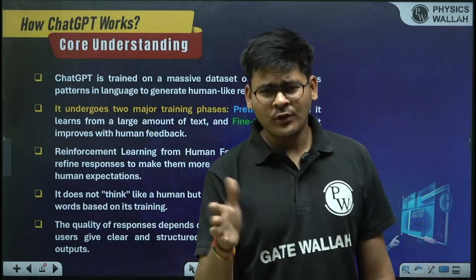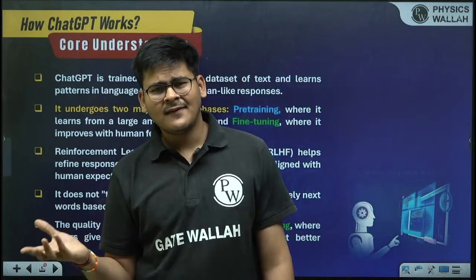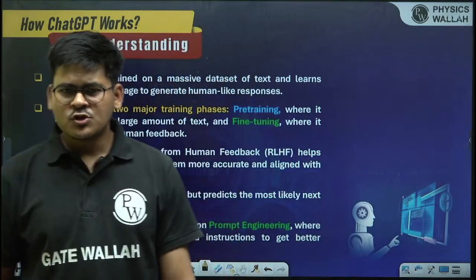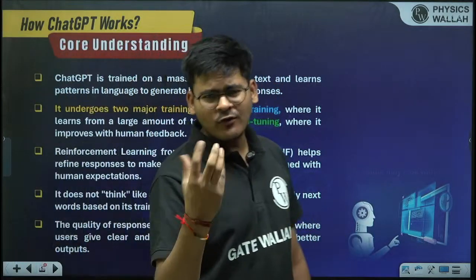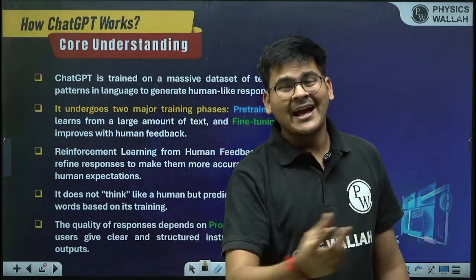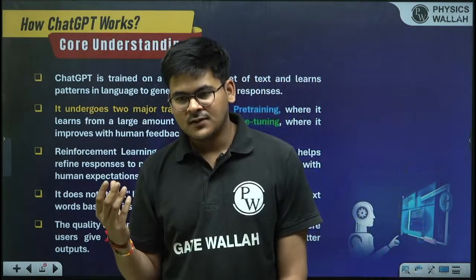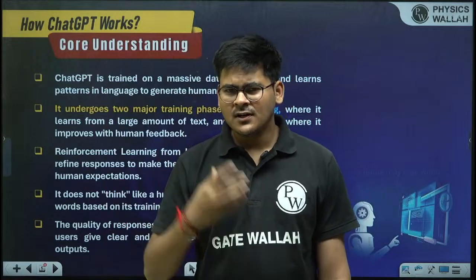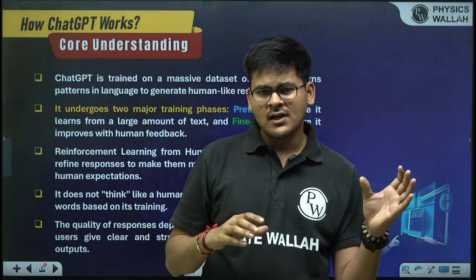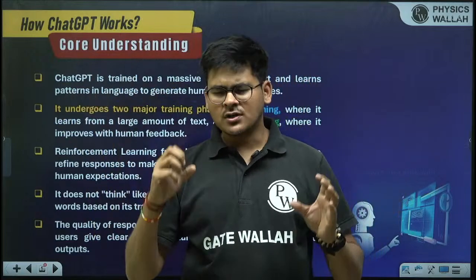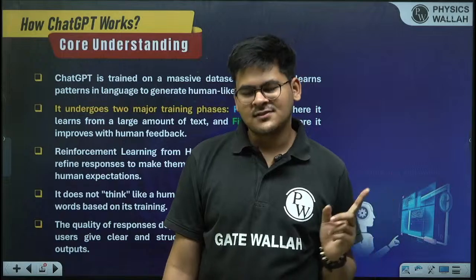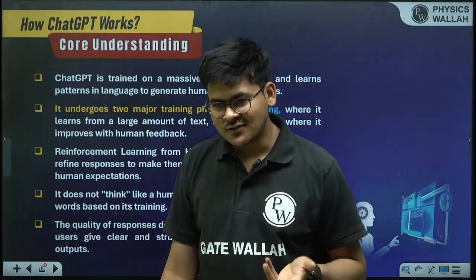Come on, only human beings have their own mind, right? Only living animals have their own mind. So ChatGPT does not have a brain of its own. Its brain is actually what it has been trained on. Like as a human being, our brain has the ability to look at the past and to think of the future. But a machine can only look at the past. It can't look at the future.